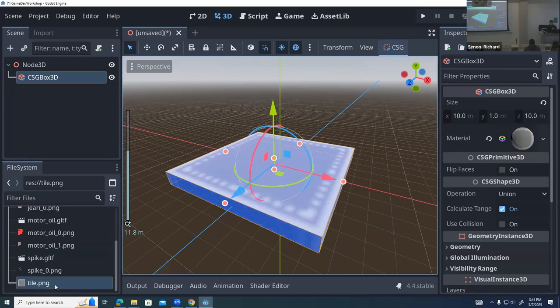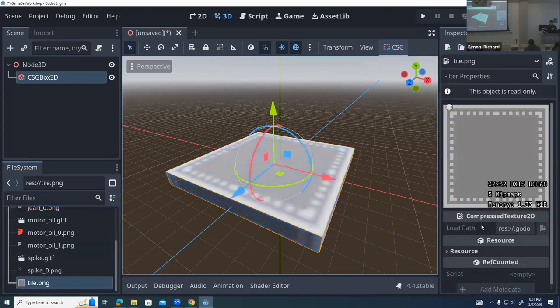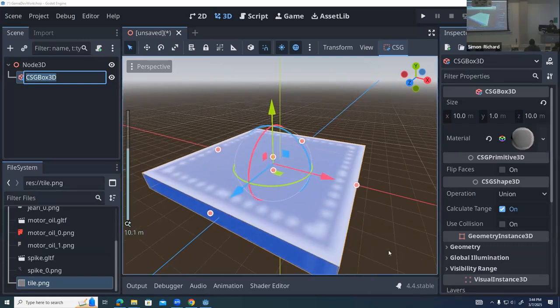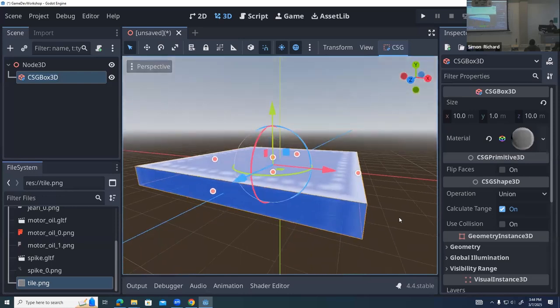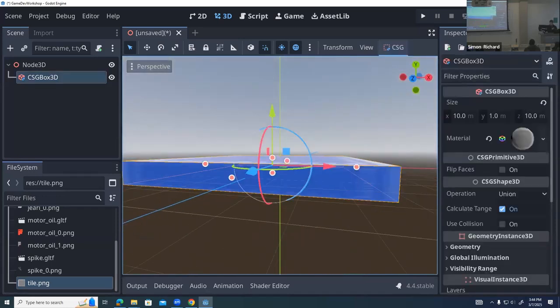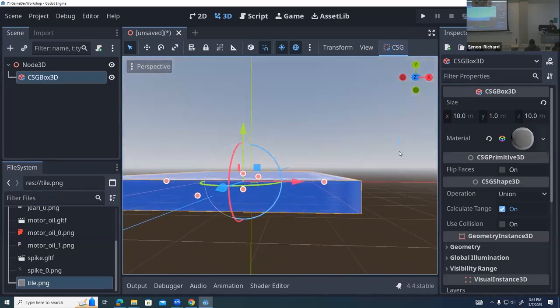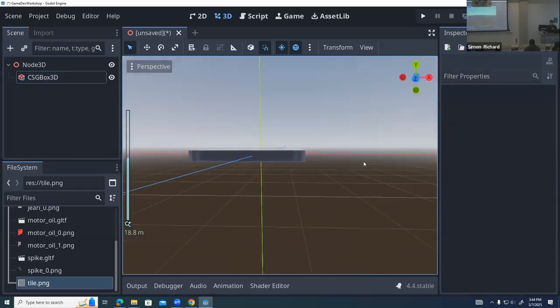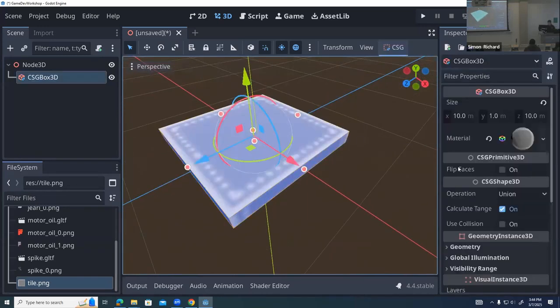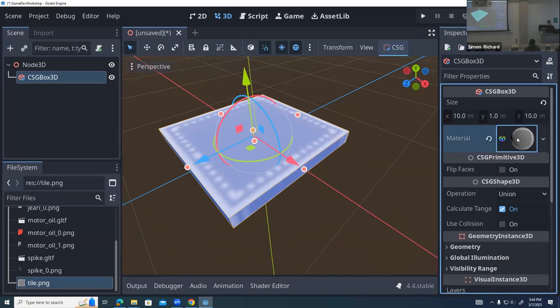Notice, remember, the tile here is just like a rectangle with a little border. What the CSG box did is it took the texture and stretched it out across its vertices. Even on this side, it squashed it. We don't want it to look like that because it doesn't look good. So what we're going to do is make it tile instead. We're going to select that, click on the material,